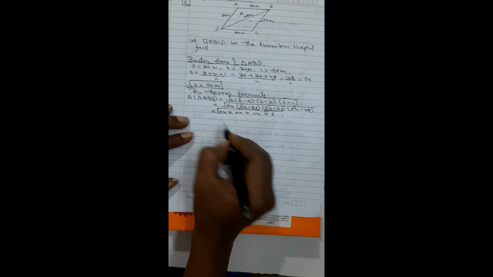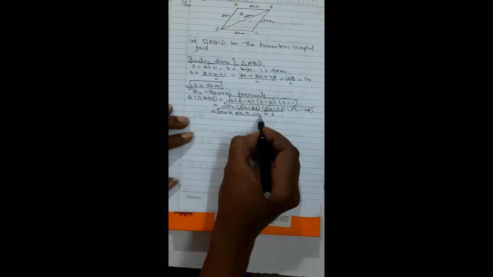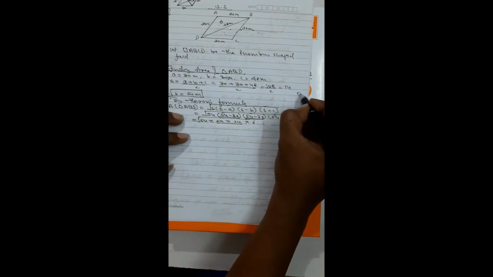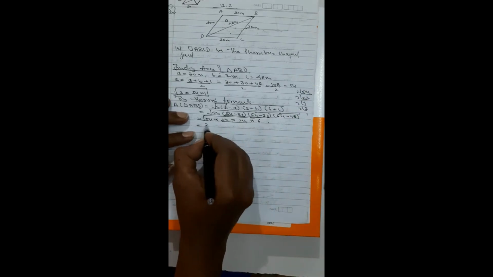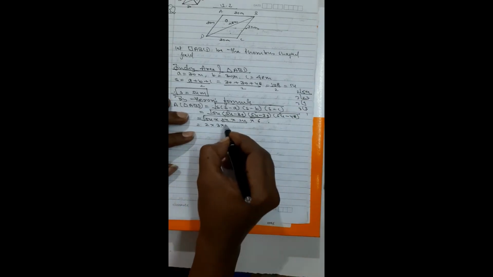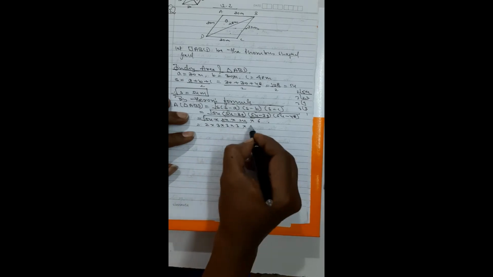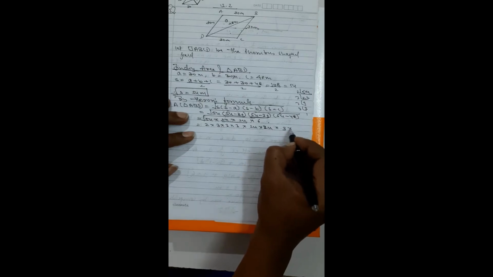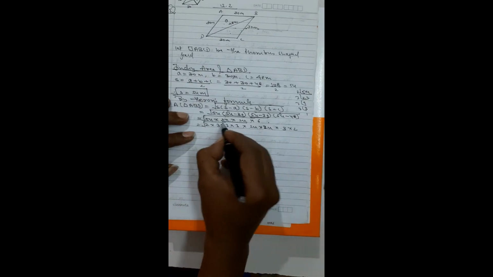Now we can see 24 into 24, there are 2 24s, so 24 will come out of the square root. So we don't have to do anything about this. But 54 definitely we will have to factorize. 54 is 2 into 3 into 3 into 3, and 6 will be 3 into 2. 24 I will purposely keep as it is, because 24 will come out as 1.